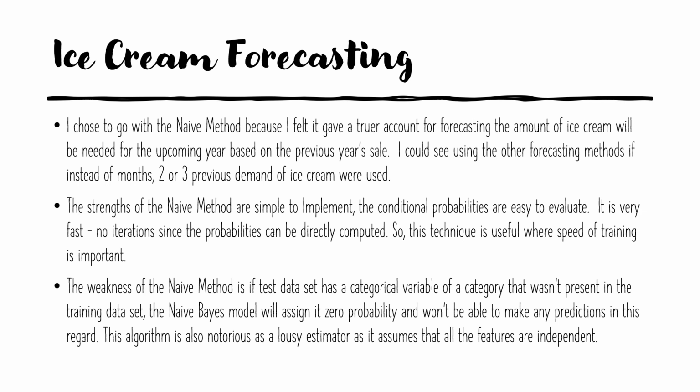I did not have previous years' demand for ice cream, so what I just did is look at a sample of what ice cream was sold for the population of the town that we live in, and I just forecasted it for the next year. I could see the other two, but I didn't see where they took in demand for the seasonality of ice cream, and so that's why I went with naive, based on what was previously sold.